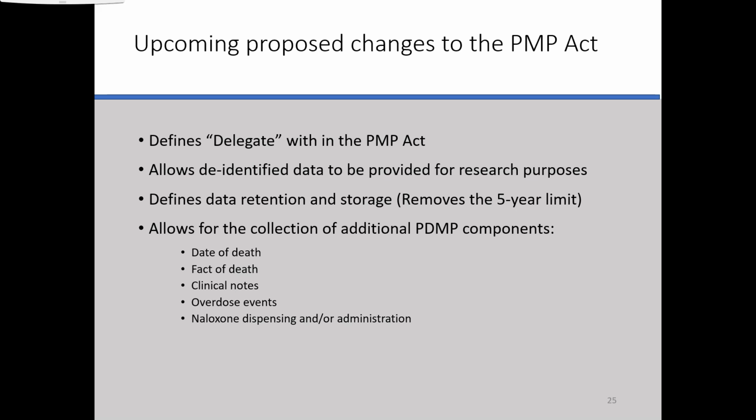We also want to begin to allow de-identified data to be used for additional research purposes. Right now, we're able to do that for aggregate level data, but unfortunately, there are some research projects that have been presented to us over the past 5 years or so that we have not been able to share, because of some limits in the way that the Act was outlined.